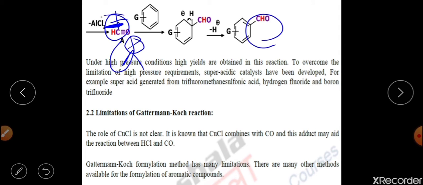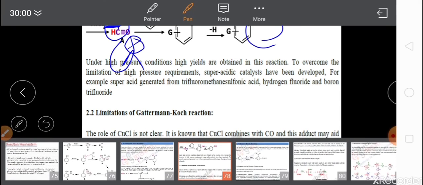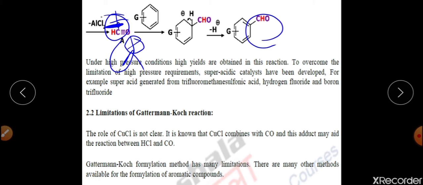I was talking about the limitation of this reaction. The limitation is again that we use CuCl for a better yield of the reaction. So the use of this particular CuCl is still not clear, that why you should use this particular reagent for the reaction to happen, CuCl, right? It may be said that it may react with AlCl3 to being converted into AlCl4, but that is not the ultimate role of this one. HCl can also be used for that place. So this is the limitation of this reaction.